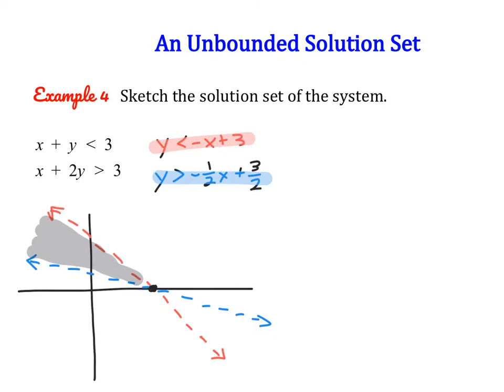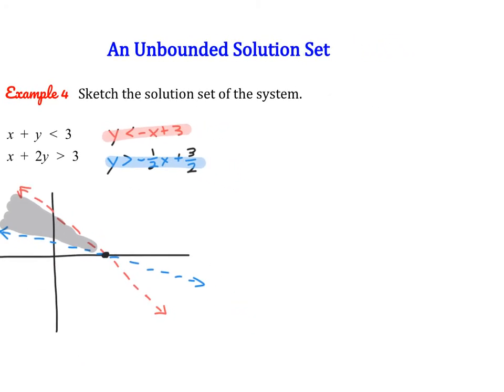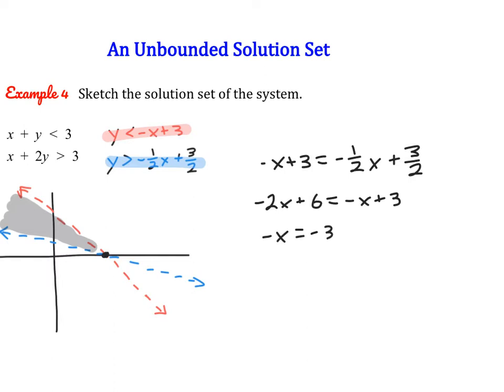So let's do substitution here. Since they're both equal to y, we can set them equal to each other. So we can say -x plus 3 equals -1/2 x plus 3/2. Let's clear our fractions by multiplying both sides by 2. And then here we have -x equals -3, so x equals 3. And if you substitute that into this first equation,